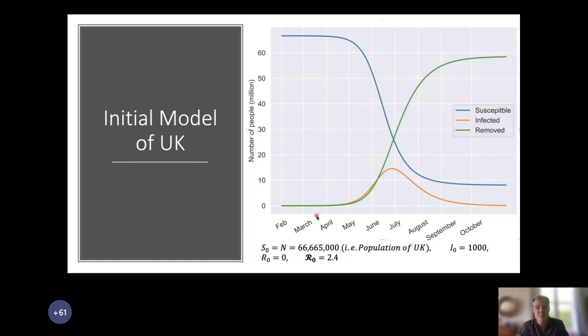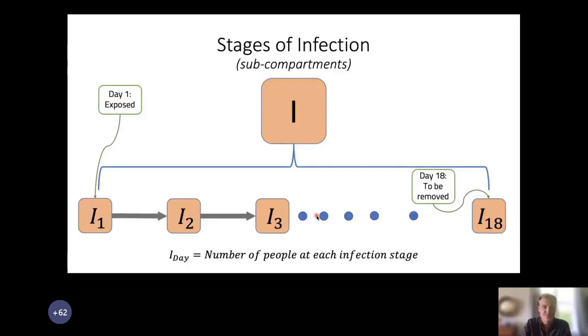And so this is with a reproduction number of 2.4, which isn't seemingly very big. One person infecting 2.5 other people on average doesn't feel very big, but actually when you start to move forward in time, things can get pretty out of control. But this is the initial model. We're going to now try and work on refining this and making this better. Okay, so